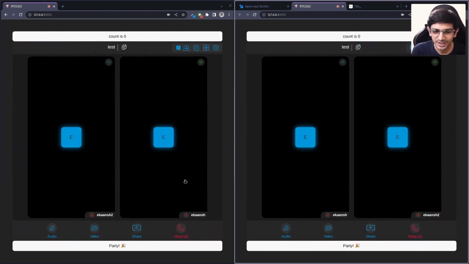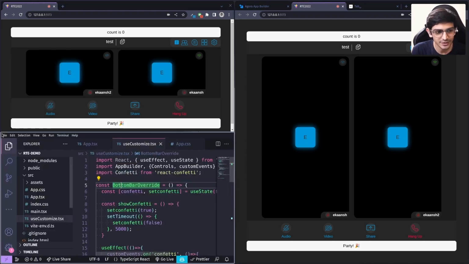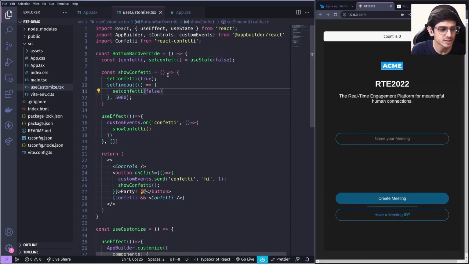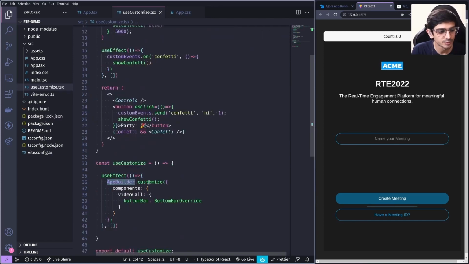Awesome. So that's pretty much what I wanted to show you in terms of application feature. Let's get rid of the screen and hang up here. So I'll just quickly describe how everything works. We're using the app builder export to apply a customization. Within the customization, I have components within which I have the bottom bar, which I'm overriding with my custom